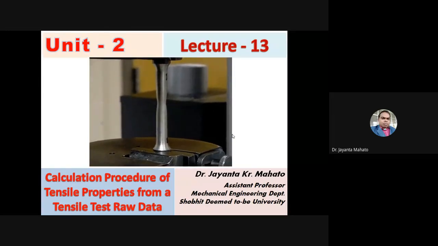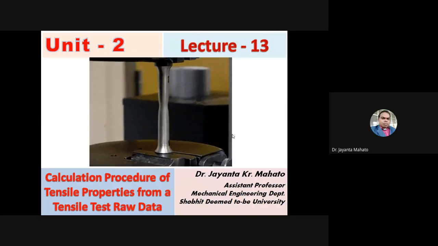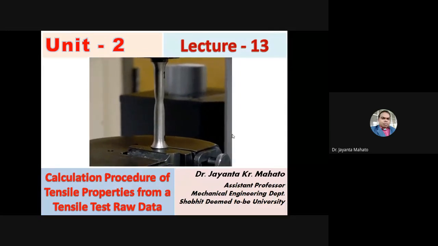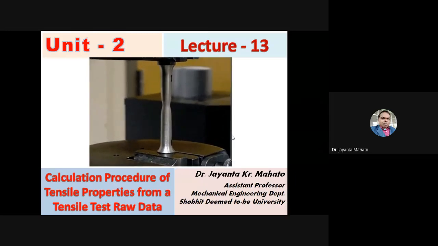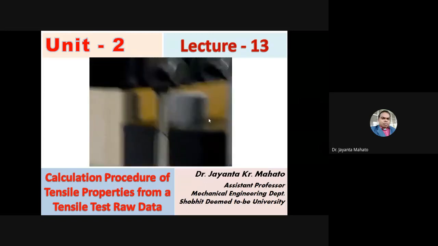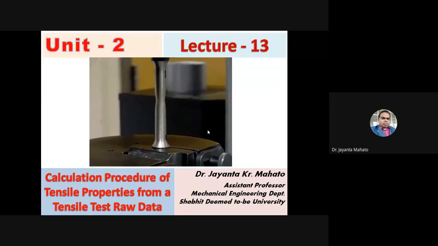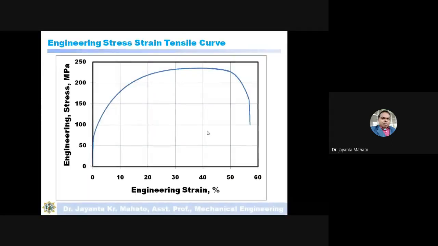In the previous class, I talked about how you perform a tensile test. Today, I will tell step by step how you calculate different tensile properties. So this is the engineering stress strain curve obtained from tensile test raw data.